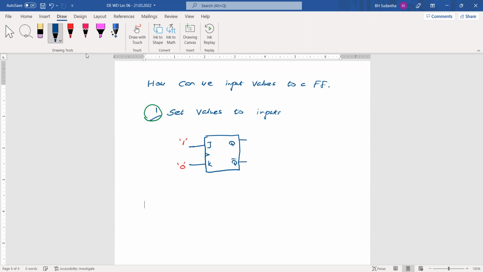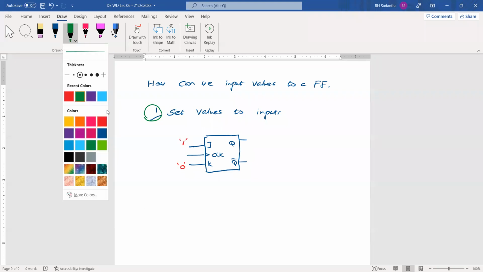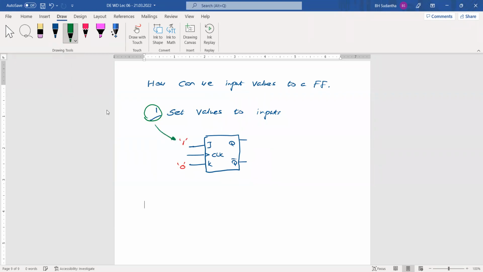This is our flip-flop, and this is the clock input. In the first stage, we set these values. During this time, the clock input may be 0. After that, the second step,